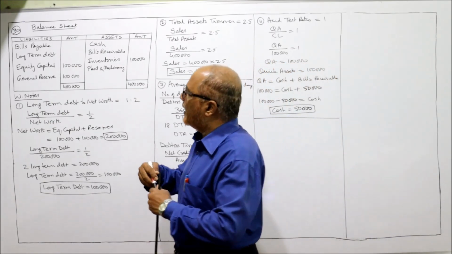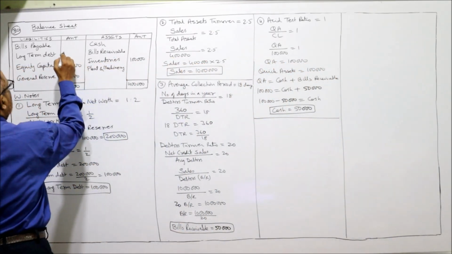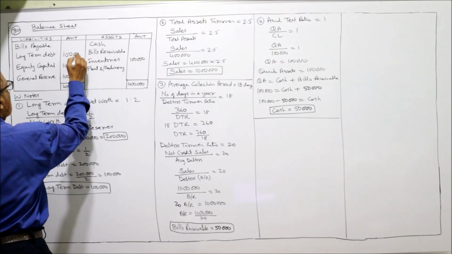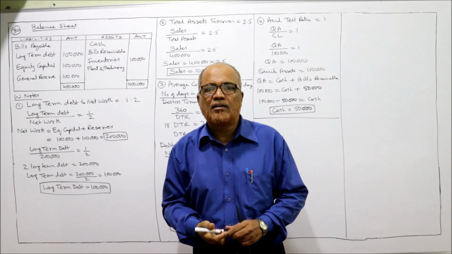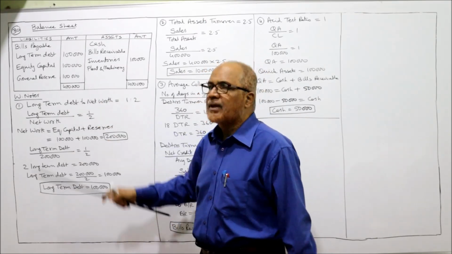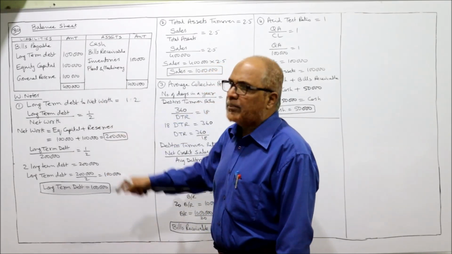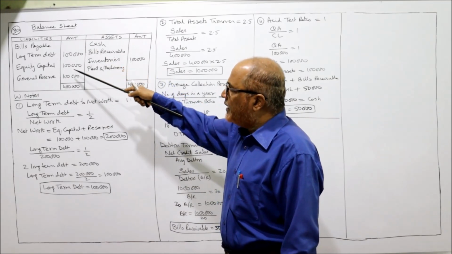Long-term debt is 1 lakh. This is the long-term debt, this is the 1 lakh rupees. I got it. The one missing figure I have ascertained. That is long-term debt. Now easily we can find out bills payable because the total of the liability side is